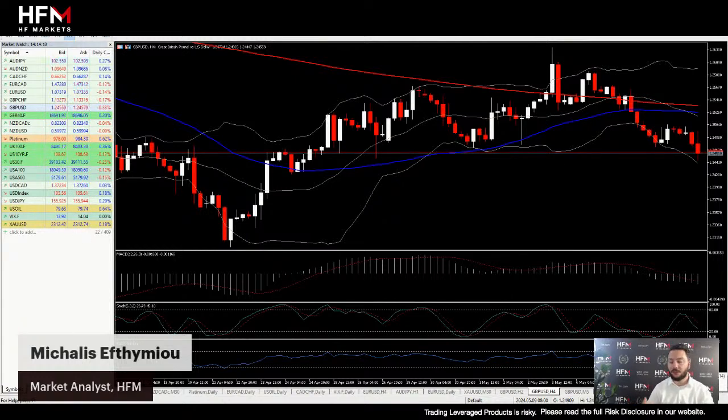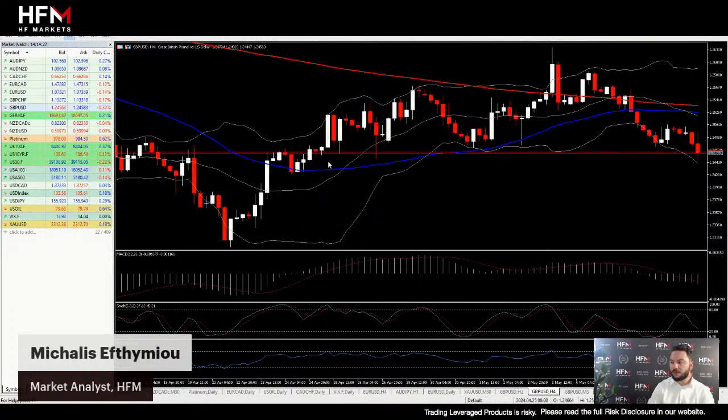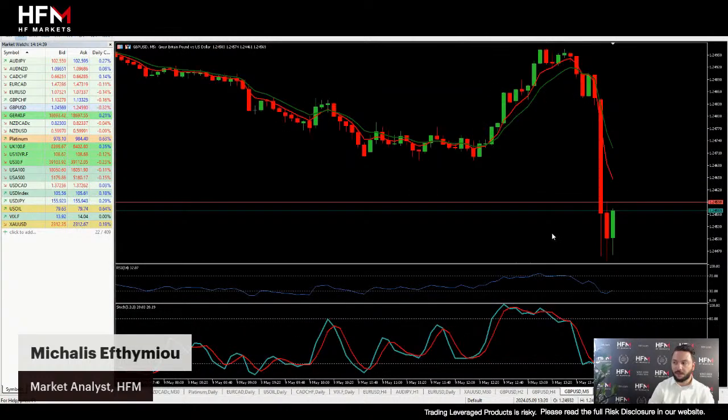but not yet oversold. People want to, for example, be slightly more risk averse in regards to it being oversold. You can slightly decrease your period, but even so, we're not yet at 25. We're at 32, just over 32. So there's plenty of aspects of the market we can take into consideration there.